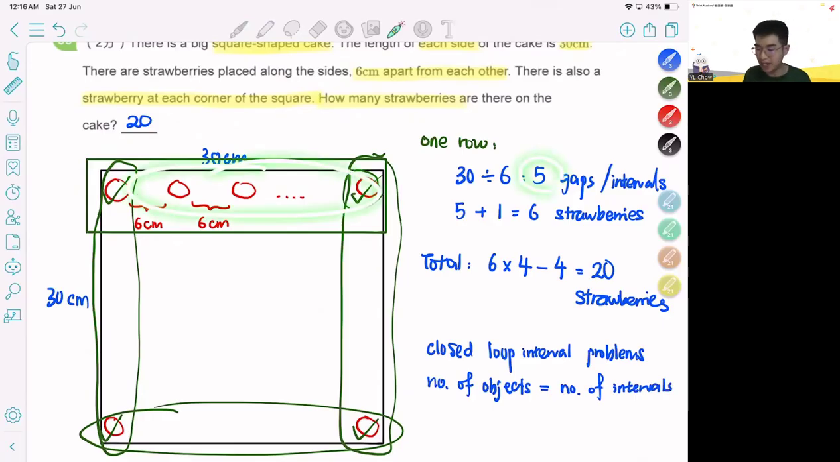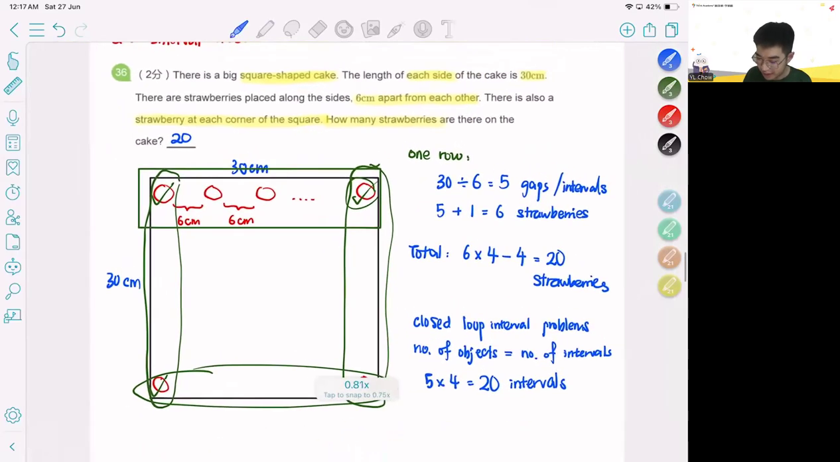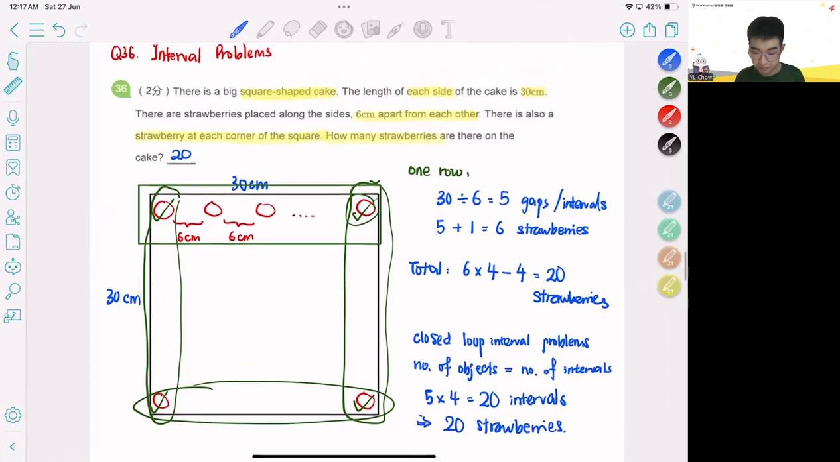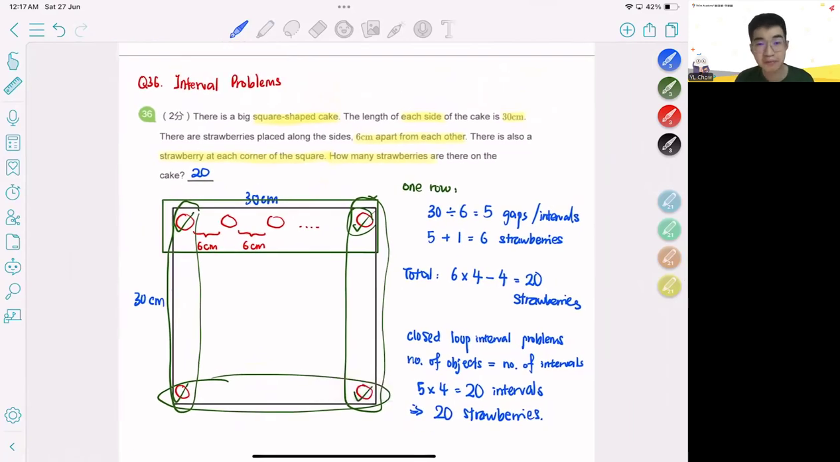One row has 5 intervals, or one side has 5 intervals of 6 cm. So there are 5 here, 5 here, 5 here, 5 here. In total, there are 5 times 4 equals 20 intervals. And that will also imply that there are 20 strawberries. All right, so that will be another way to get your answer if you know how closed loop interval problems work. Okay, so that is